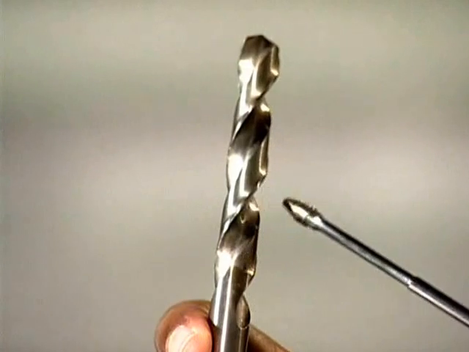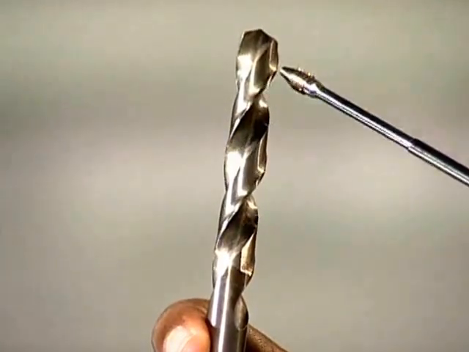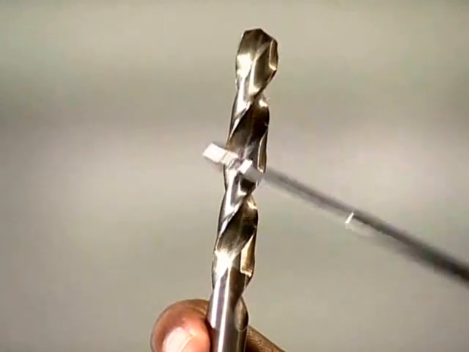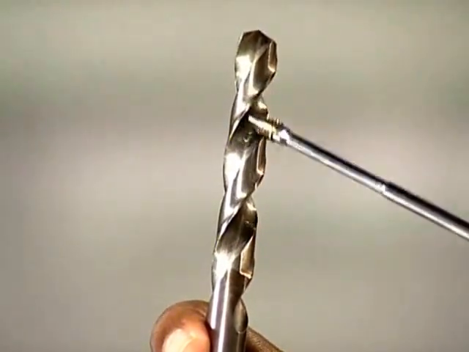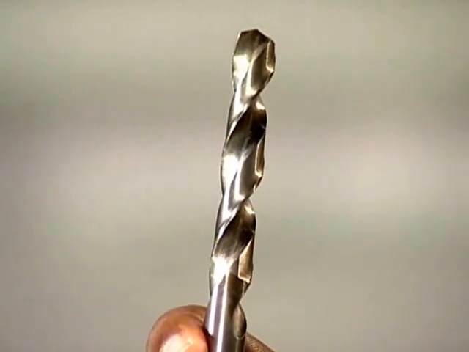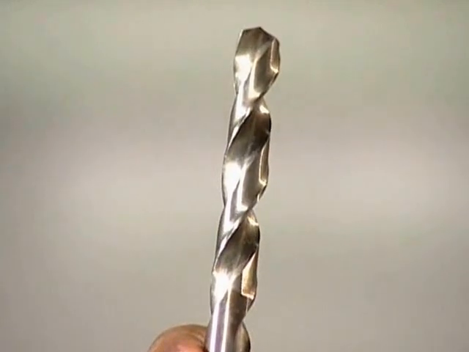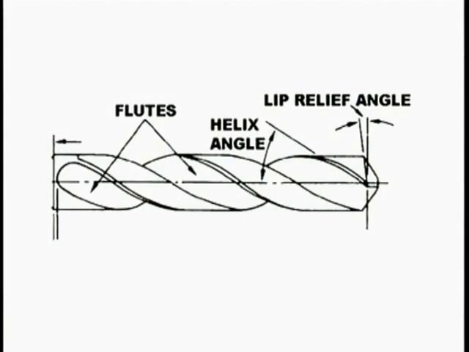So you have an axis and this is the leading edge. If you prolong this leading edge and measure the angle subtended with reference to the axis, that is called the helix angle. Helix angle is mainly responsible for the rate of chip removal, and the same thing you can see in the figure here.